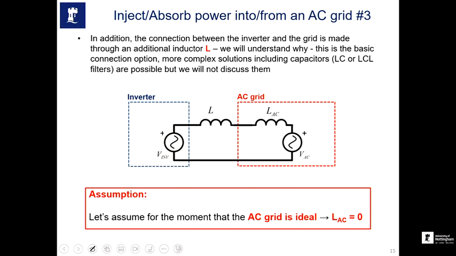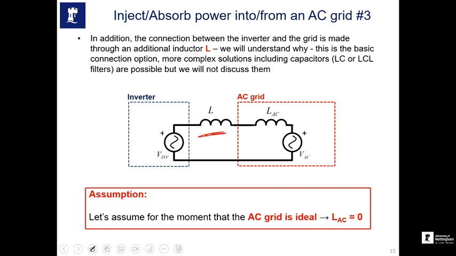So, okay, and also we have the additional inductor L, which, of course, we looked at in the last couple of slides. We need this inductor to filter out the high frequency ripple from the voltage source converter. Whenever you have a voltage source converter, you have to filter out the high frequency ripple. Now this is the